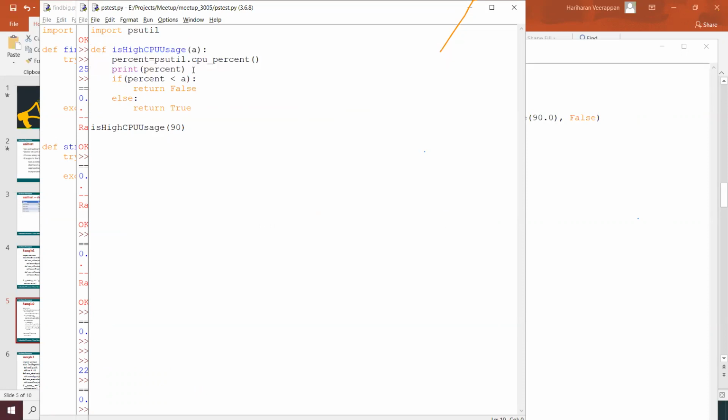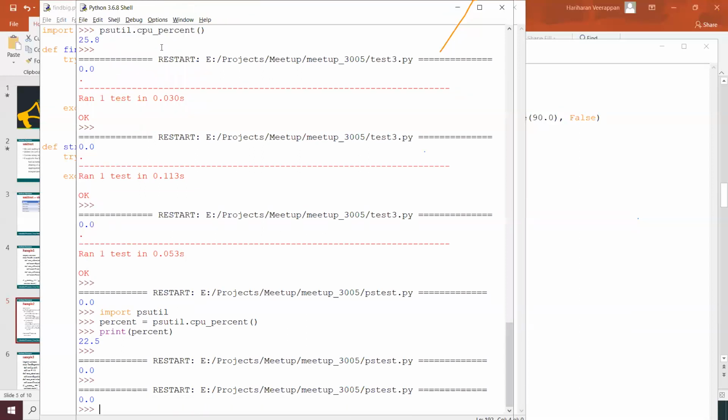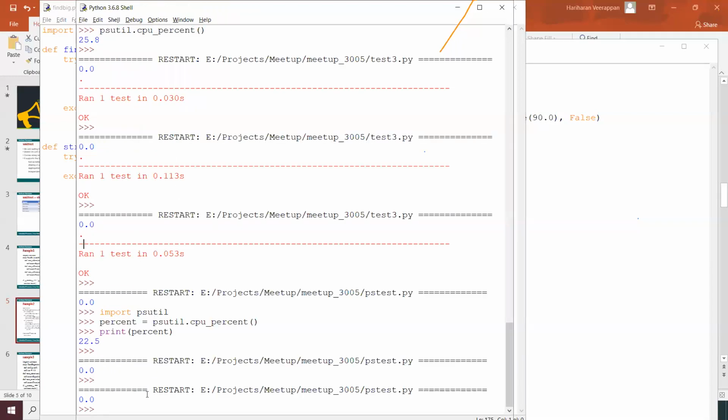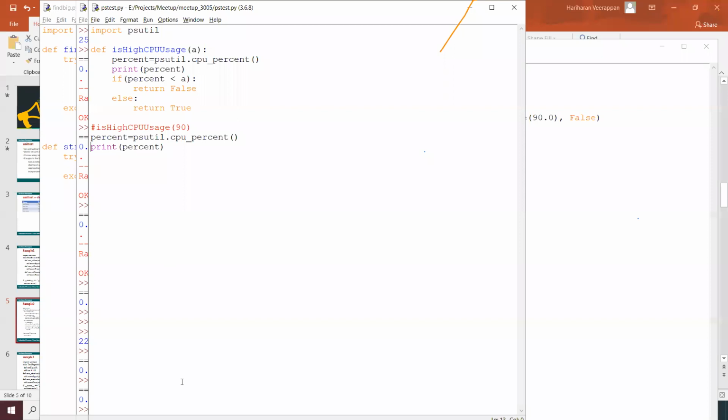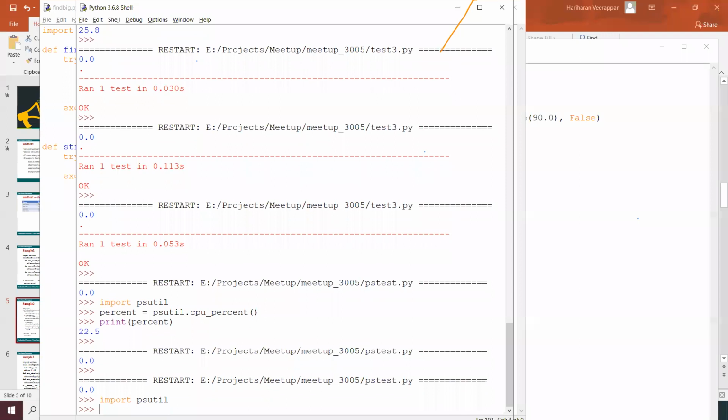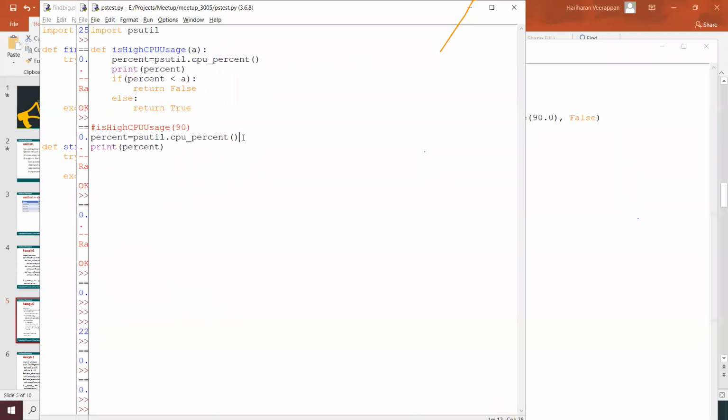I'm going to try it directly, maybe comment it out. Import psutil and then copy this.